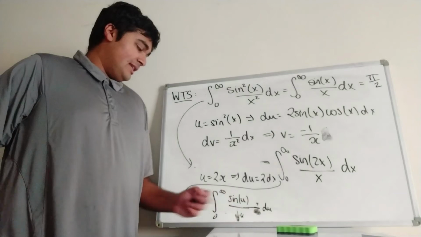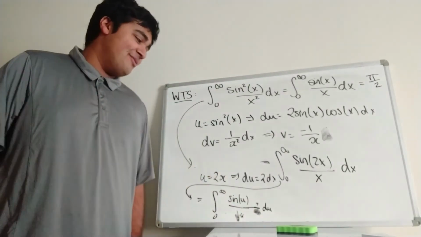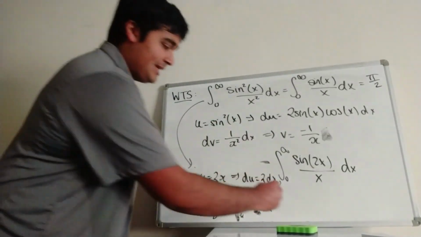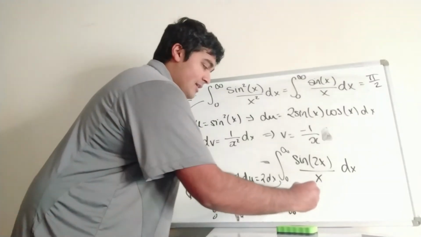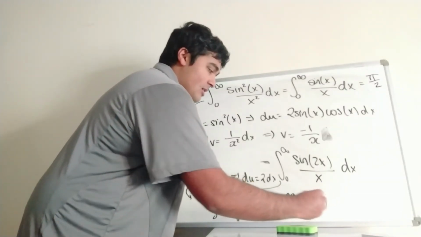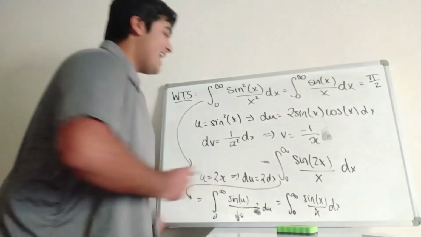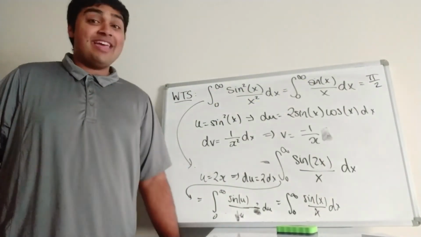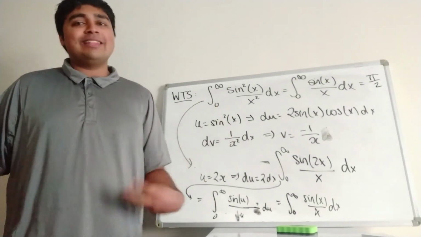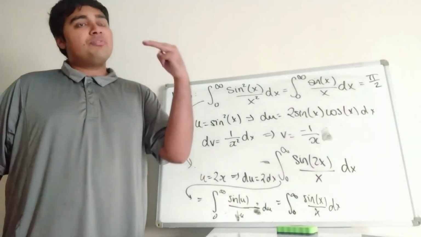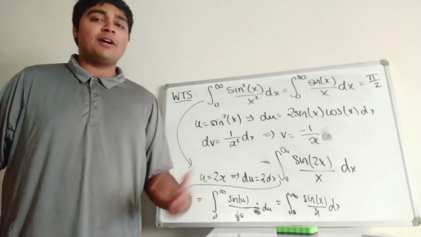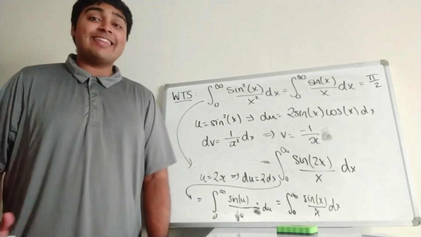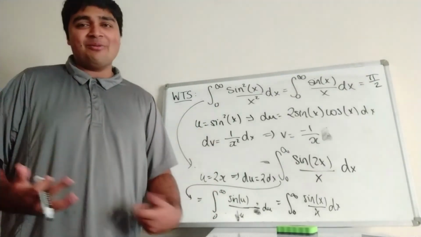So we've just got the integral from 0 to infinity of sine of u over u du, which is the exact same thing as the integral from 0 to infinity of sine of x over x dx. And we have shown that this integral does indeed equal that integral. So the integral we started with, the integral from 0 to infinity of sine of x over x squared multiplied by x minus sine of x, is indeed equal to 0, which I think is pretty cool